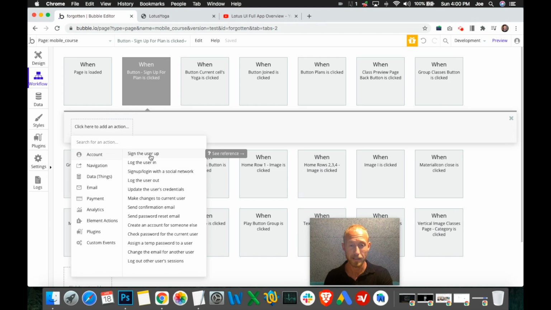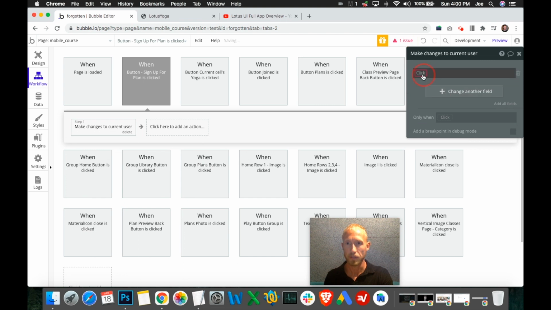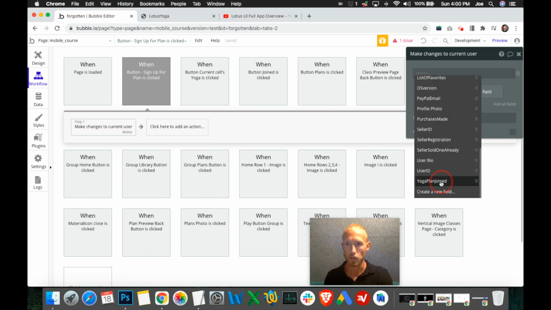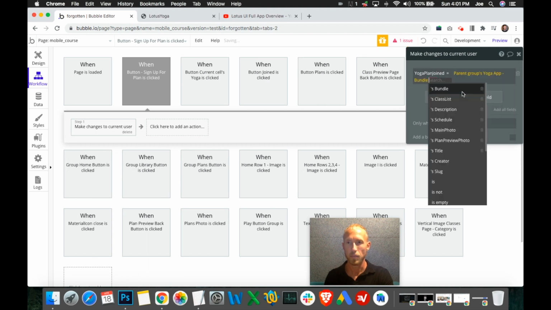That's the same stuff that I just said, but that's actually signing someone up, which we'll get to at a later point. What we want to do is make changes to the current user. We want to change that field that I just referenced, the yoga plan joined. And we want to say that it equals the parent group's